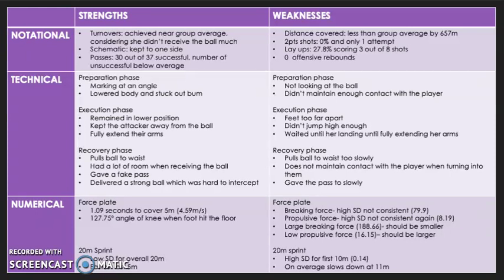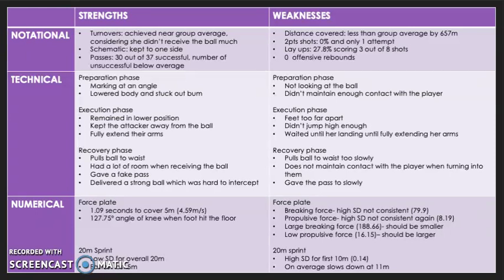A second weakness identified in this phase was that contact was not maintained with the attacker. This could have been bad because it gives the attacker the opportunity to run round and put a wall mark over the ball. And a final weakness identified was that the player gave the ball away too slowly. This could have caused a potential issue because it gave the now defending team time to set their defence and